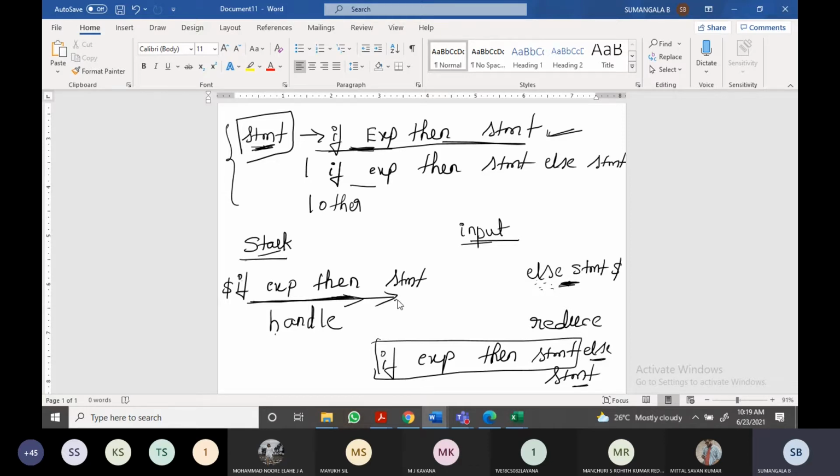That means it has to shift if it is if else. That means the parser doesn't know whether it is an if statement or an if else statement, but there is a conflict now whether it has to shift this else statement onto the stack or whether it has to reduce this if expression then statement to the statement or not. There is a conflict.